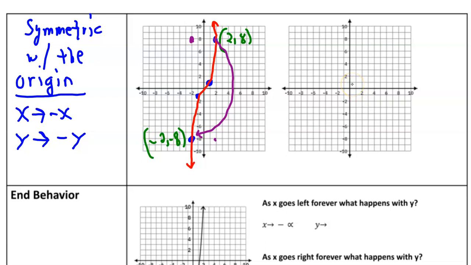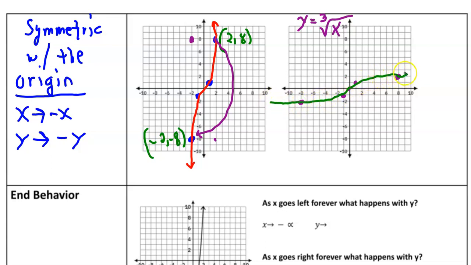If I take the cube root, which looks like this: 0, 0. 1 cubed is 1, 8 cubed is 2, and then -1 cubed is the cube root of -1. So I'm doing this function right here, the cube root. -1 cubed is -1, and -8 cubed is -2. The cube root of -8 is -2. So then when I graph this,